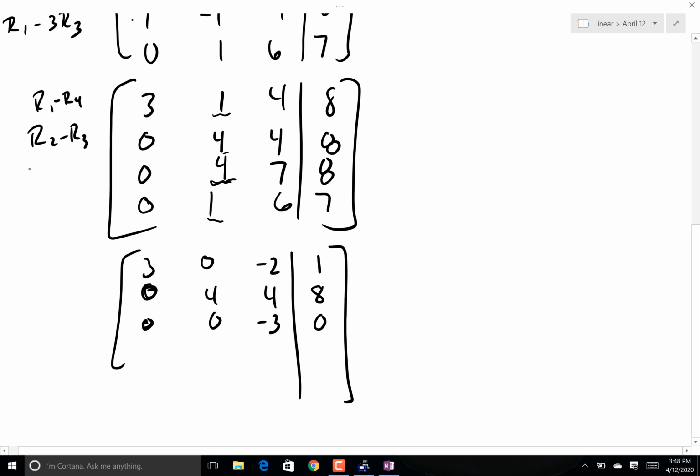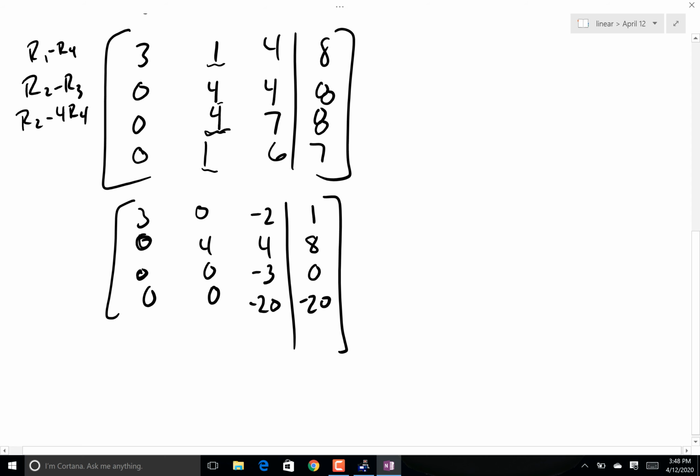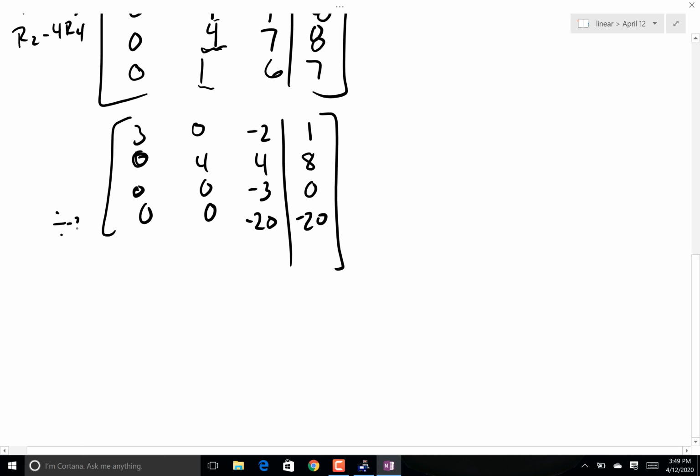And then I'm going to take something like R2 minus 4R4. And it's going to give me 0, 0, 0. And 4 minus 24 is negative 20. And then 8 minus 28 is negative 20. Well, that's nice. And so this bottom row, you're like, well, let's divide by negative 20. Oh, I like that. That's cool. So you're going to get